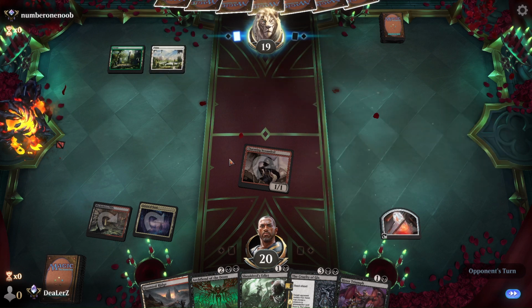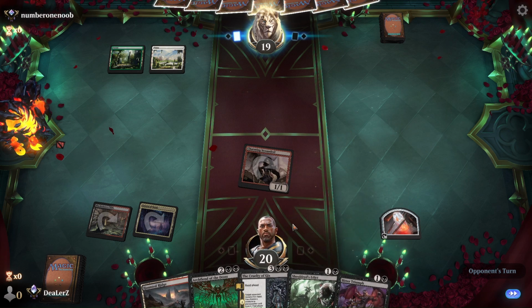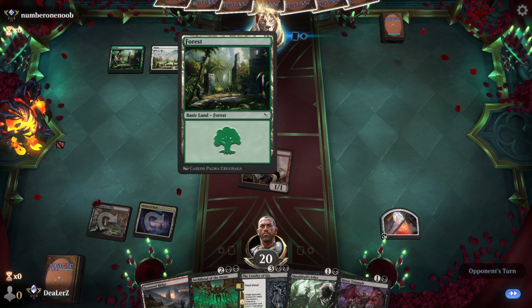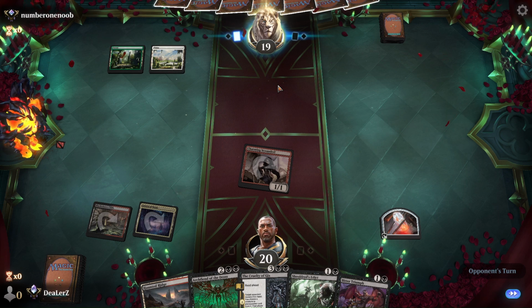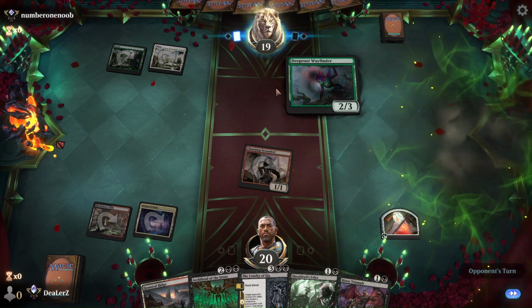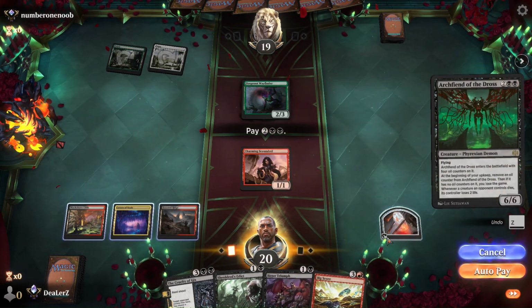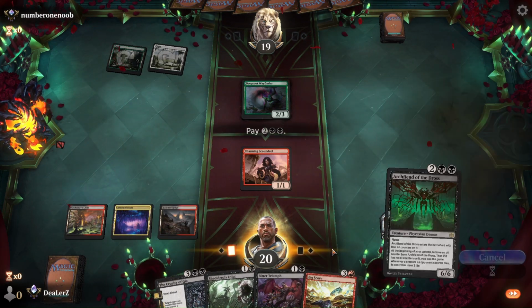Green white. Oh goodness, we have two kill spells. Play Archfiend into 2 kill spells feels pretty nutty. What are we doing over there? What are we doing? Okay. That's a good card too. Ooh. So that's